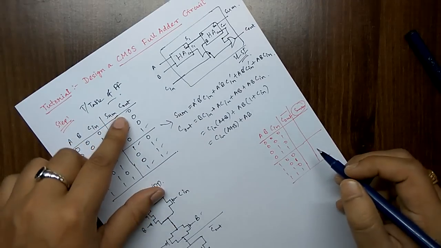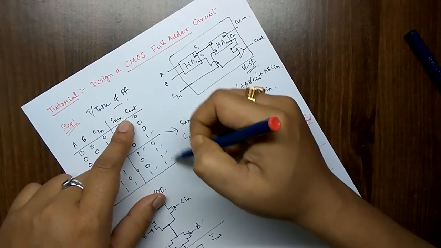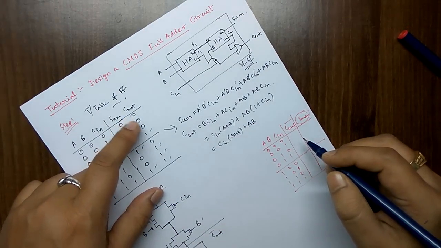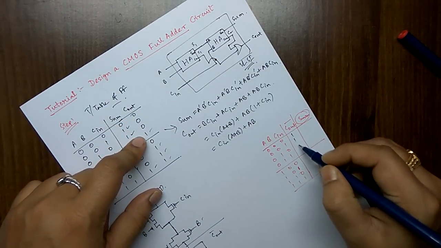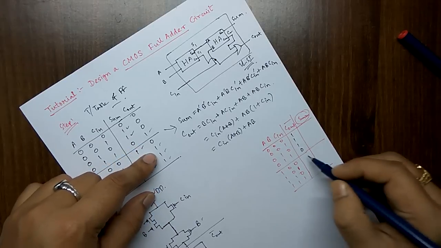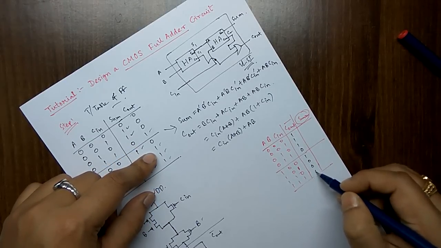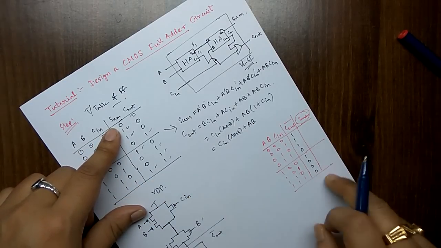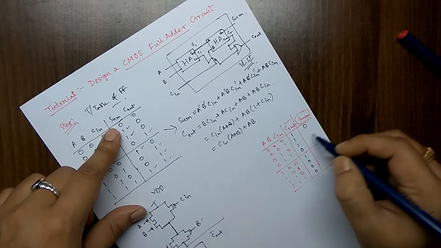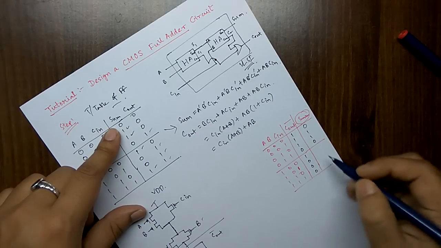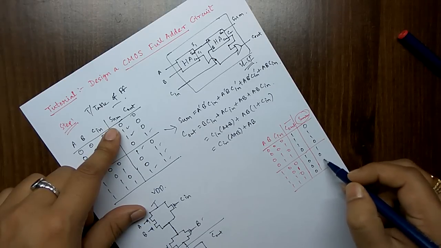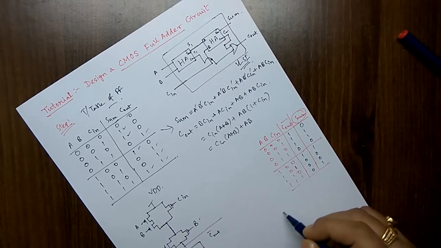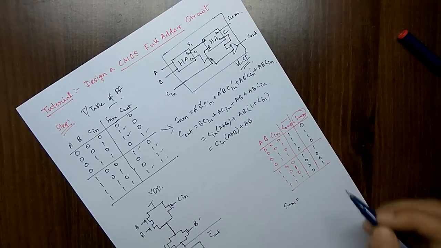And if you see the C out, automatically if you take the inversion of it, it was 0 0 0 1, so it is 1 1 1 0, and 0 1 1 1 means 1 0 0 0. Similarly, copy this particular sum from the earlier truth table, nothing else, just redrawing the truth table. Okay, now from that truth table we can draw the final output.